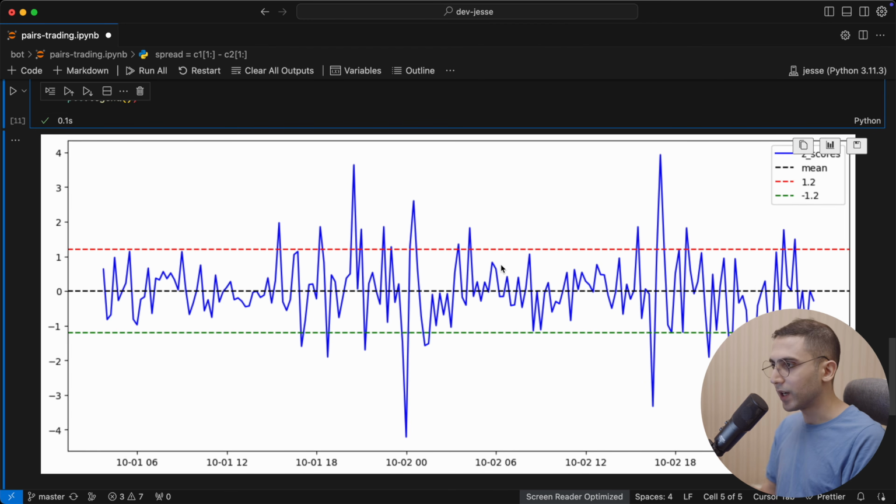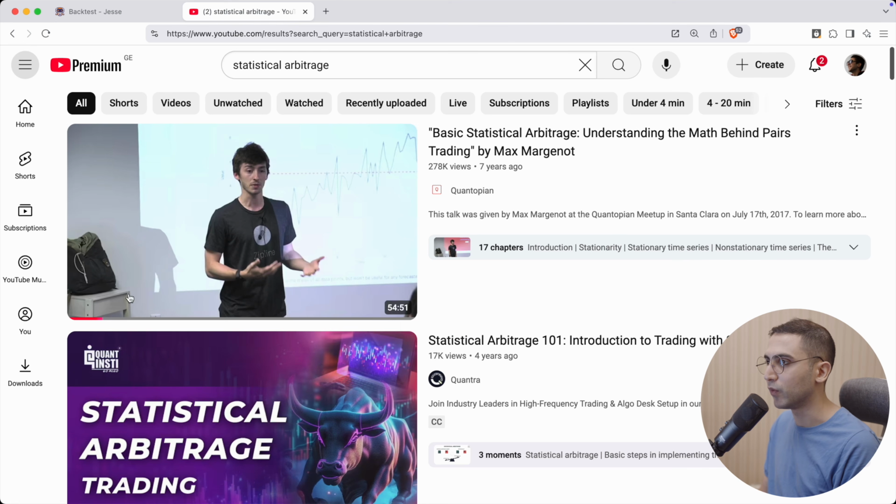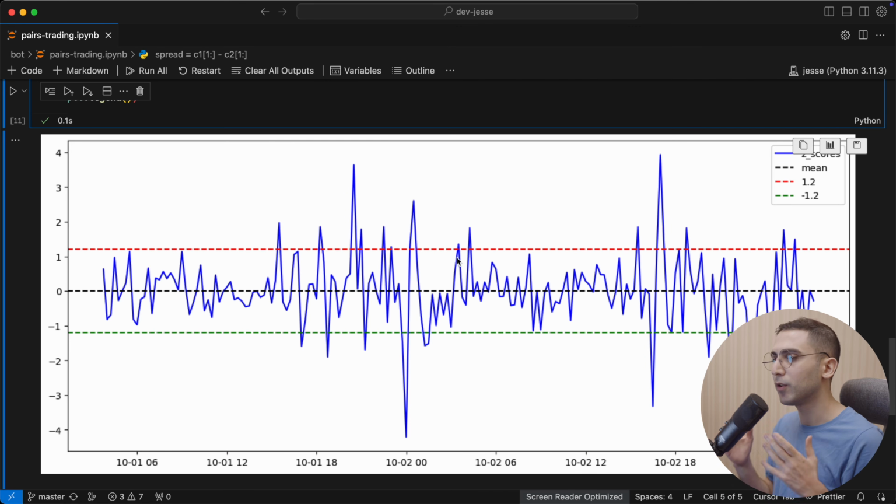But here's the thing though. Right now, we have this data on a beautiful chart, which is only showing us the price data for 2 days. But in reality, we're not going to have charts. We're going to trade this with a bot, right? So we need a statistical way to write all of these things. But not only that, we need to make sure these prices are actually cointegrated. Now, what is cointegration? Well, again, this video will describe it so much better, but I'm also gonna try my